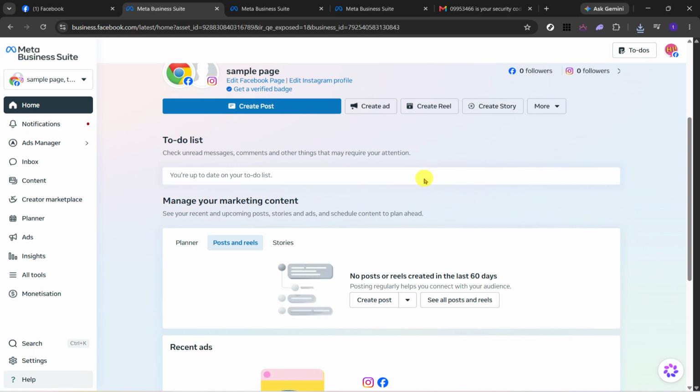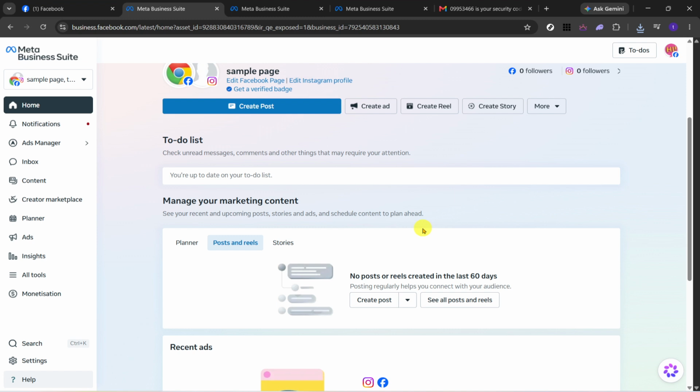To begin, open Meta Business Suite in your web browser. This is the main dashboard where you manage your business activity across Meta platforms, and it's also where you can switch or add the Facebook profile you want to use. Once the page loads, give yourself a moment to make sure you are on the correct Business Suite home screen